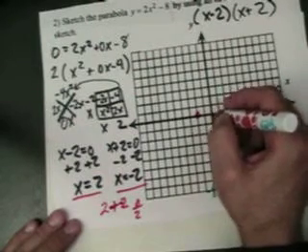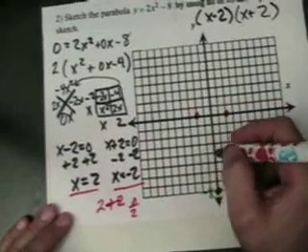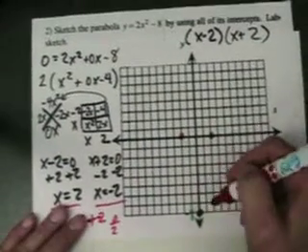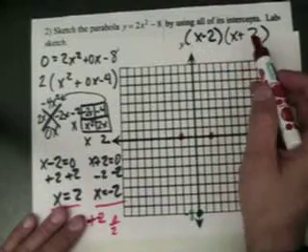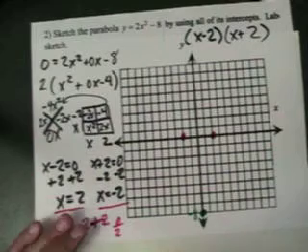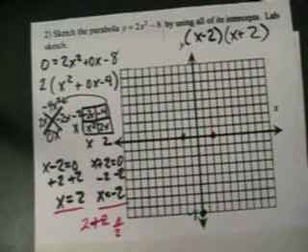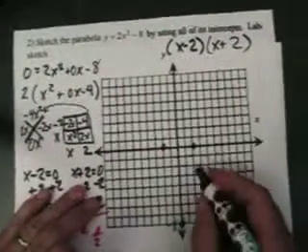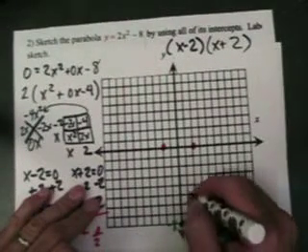So the middle place would be right here, and I could just plug 0 into this, and it would tell me what y value the vertex is at. So now I'm ready to graph. I could put some other points on there, but basically